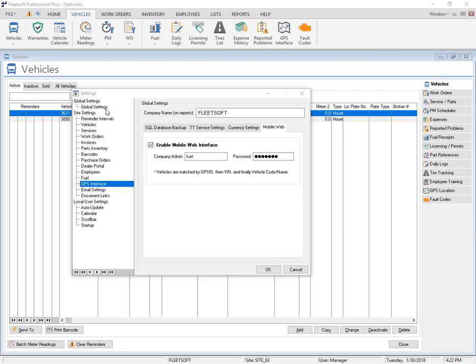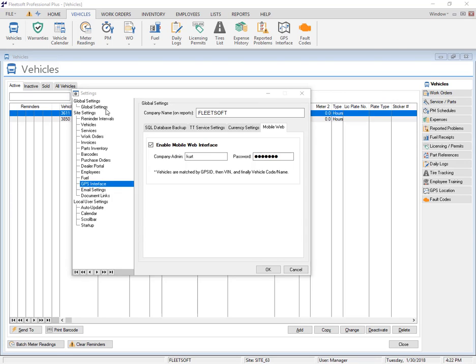So the GPS interface module is a subscription from Fleetsoft, and what we do is we pull all the GPS data from the providers, and we gather it and filter it down and store it in our cloud system, where we maintain all the latest API information for all the different providers. It's a much more efficient way to gather the data and to store the data, and it's much more efficient for your Fleetsoft database, so that it doesn't get all the random constant data that's coming through. We just try to filter it down to just the relevant data